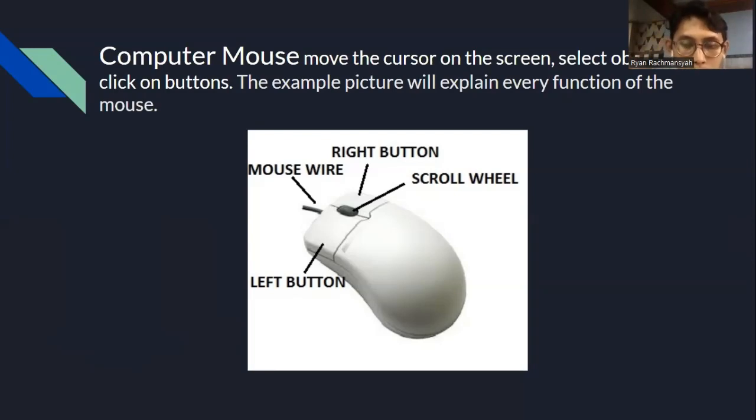But for the mouse, there are the scroll wheel, right click button, and left click button, which each have their own feature and function. The mouse has specific functions for each button.